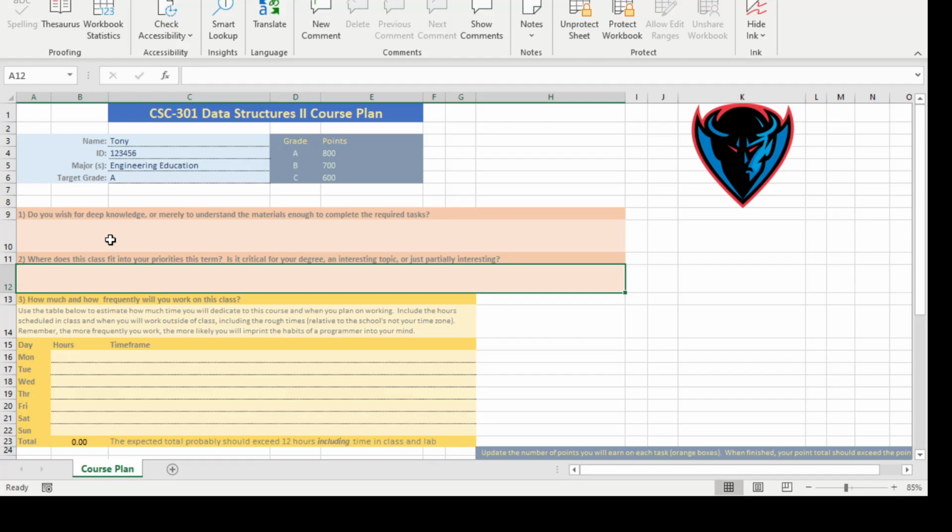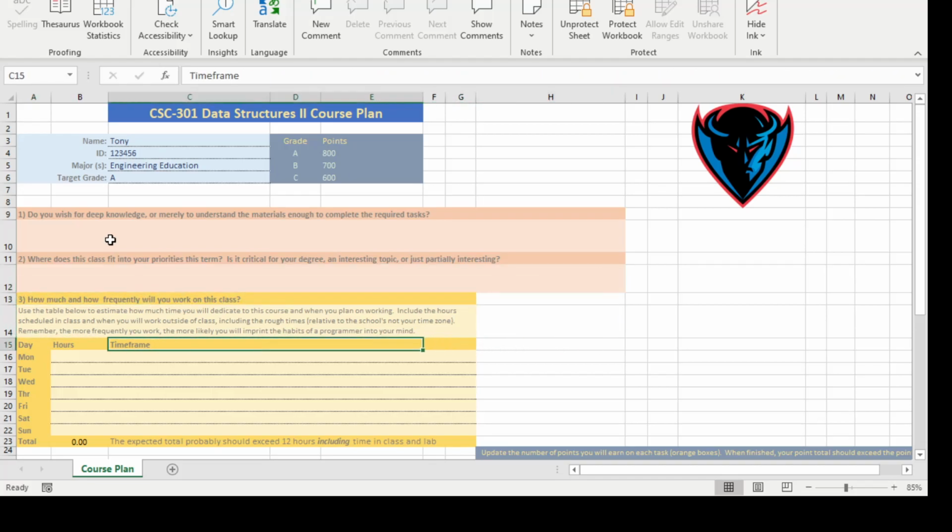That's the goal. That's aspirational. But how does this fit into your priorities? Are you applying for internships right now? Do you have a big certification exam that you need to take in some other class? Are there just other things that are important that maybe this isn't the top priority for you? So weigh in, what do you want out of the class, but also what do you think you can give to the class? And codify that into a schedule. Now, this schedule is supposed to be as specific as you can get it. So the great news here is I can tell you right now, this includes in-class time.